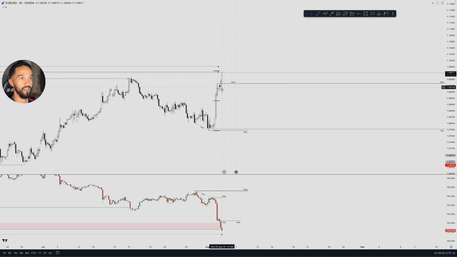I wouldn't like to trade into buy side liquidity after we've already taken it. After we've taken this or this, I wouldn't want to jump in a trade, because it's more than likely that I'm trading against the liquidity and price will push lower. So I hope that's clear. We've got premium, discount, buy side liquidity, sell side liquidity. That should provide some sort of sponsorship counter trend back towards a discount and a premium on DXY. So let's go down to the 1 hour and see what that shows us.